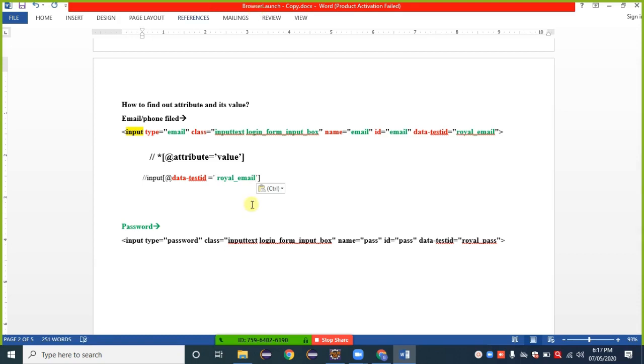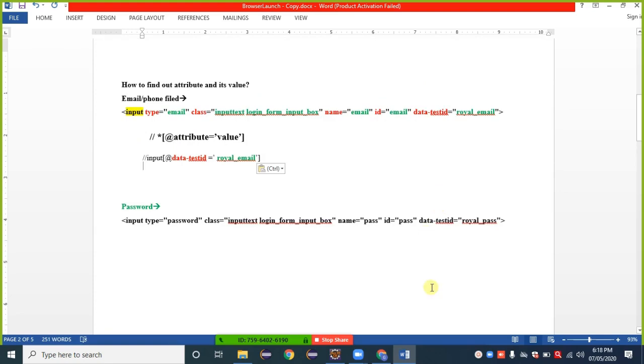Control V. It is an XPath for that HTML code. We are simply following the syntax of an XPath. Which type of XPath is this? It is a relative XPath. We are not using absolute XPath, because the absolute XPath always starts from the root node of the HTML code, from the starting point of that page. Okay, it's called the XPath.